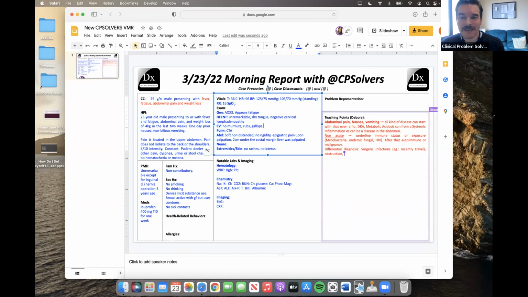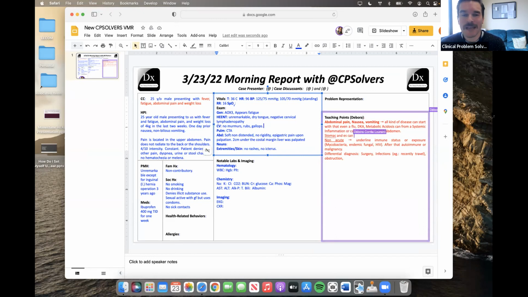Somebody who's been having nausea and episodes of vomiting, it's totally plausible that their stomach is going to be a little bit irritated and their distal esophagus is going to be irritated. And that could give them some tenderness on exam, right? So there's one world in which you say, oh, this abdominal exam is solely related to the fact that this gentleman was having nausea and vomiting. And if we weren't on VMR, right, knowing the way that these cases tend to unfold, we might feel comfortable sort of saying, you know what, I think that you're having some gastritis or some gastroenteritis and that should get better.